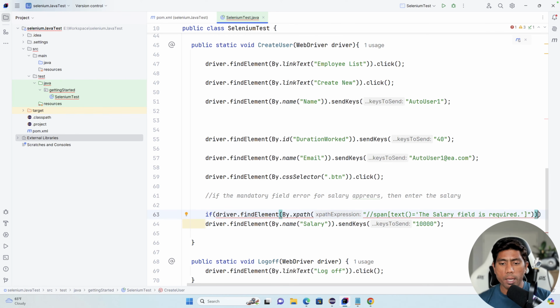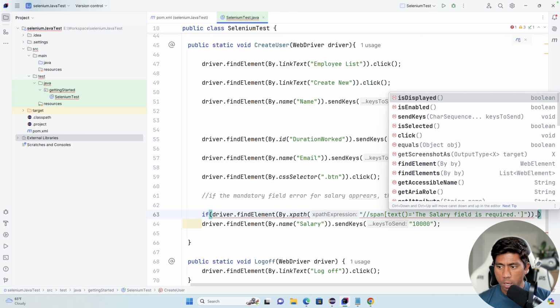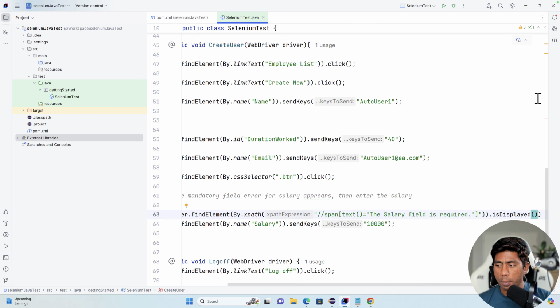Because we're going to be identifying whether the element is there or not, for doing that we have a method called isDisplayed. You see that this isDisplayed method is going to return a Boolean. This Boolean tells us that it is basically going to return true or false based on whether the locator is available in the UI or not. So I'm going to choose isDisplayed,